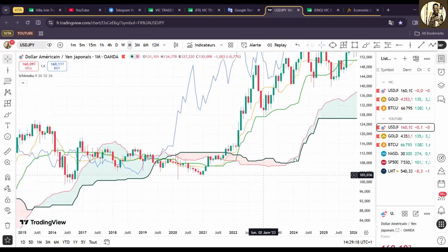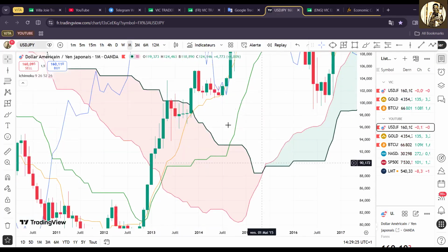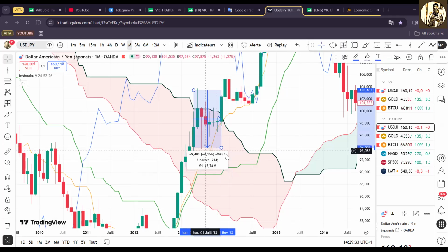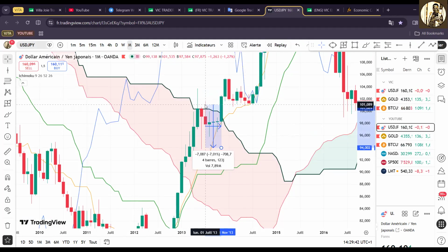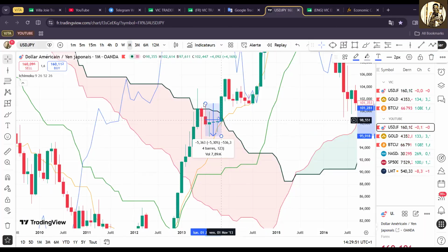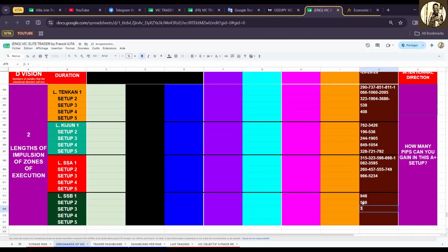We do the same thing for SSB as for SSA, because you cannot be relying on the inclination of SSB alone. So what we're gonna do is that this is the first touch of SSB, the maximum that it has as a high, as number of pips is 148. Then the second one is this 536. The last one is this 997, sorry.